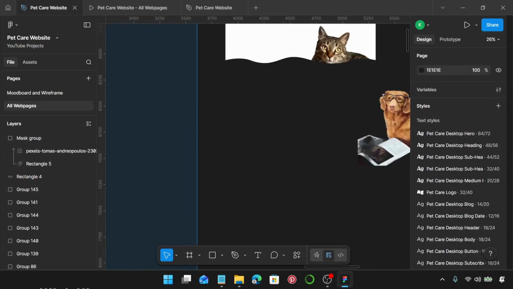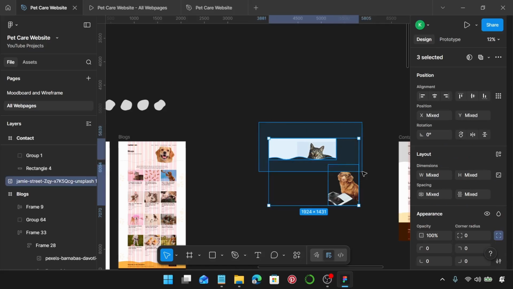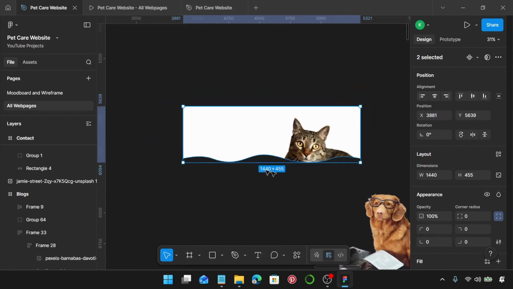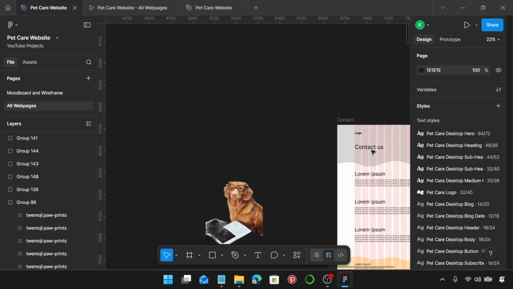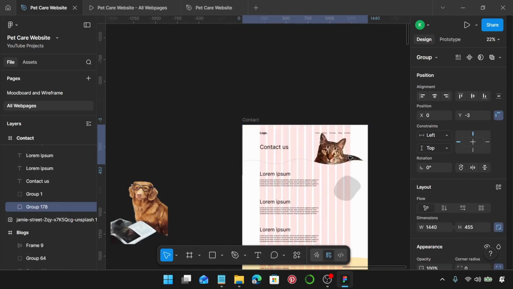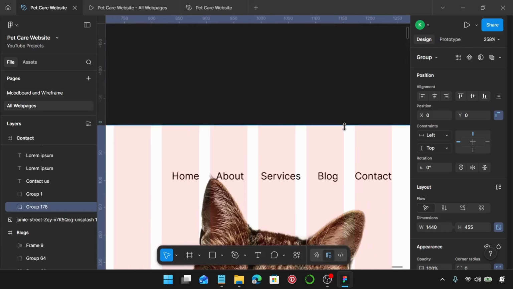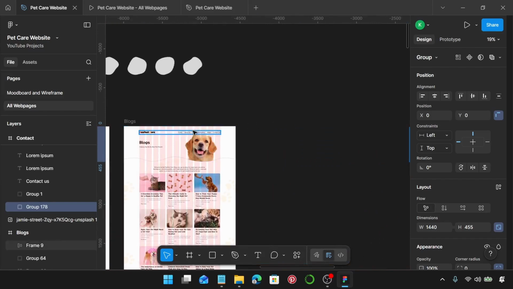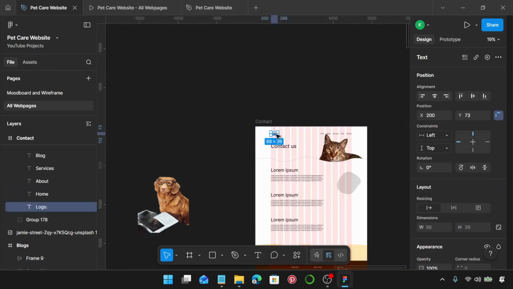I'm going to select everything. Oops. I'm going to select this, and I'm going to group, and lock aspect ratio. Cut that, and we can now replace this rectangle back in our frame. I'm going to move it down so it fits to the top of our frame. I'm going to need a copy of this header section, so I'm just going to go ahead and copy. I'm going to delete it instead of